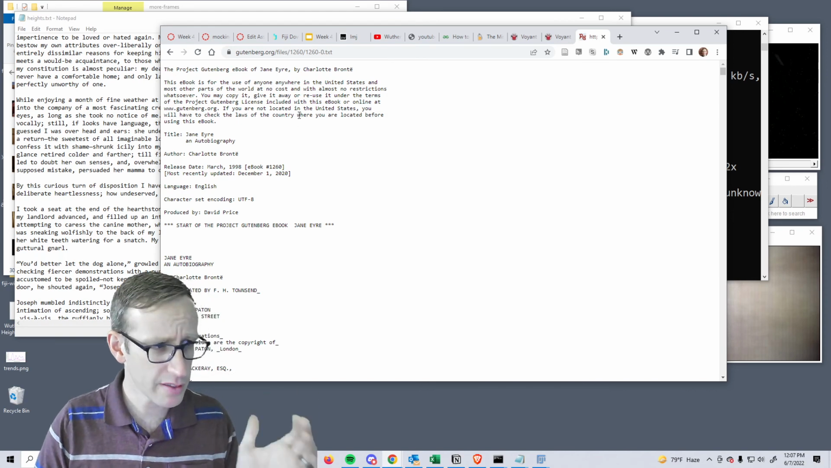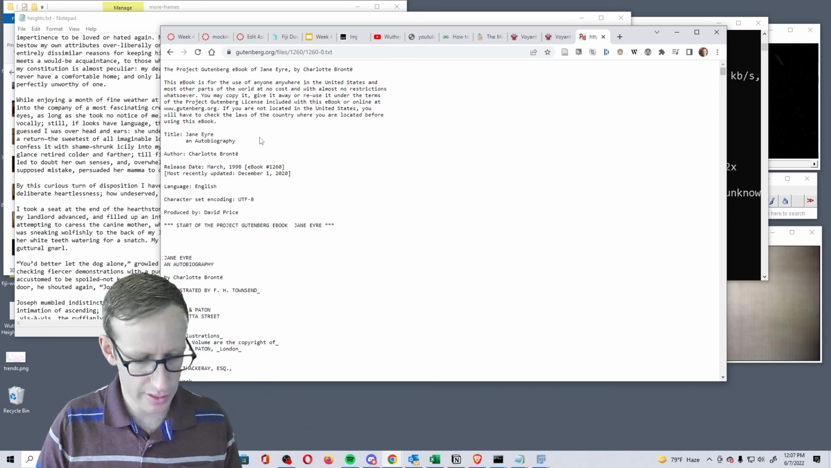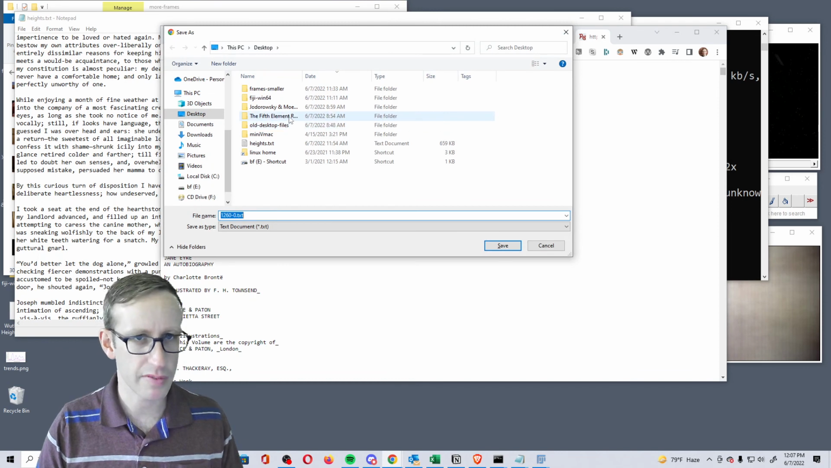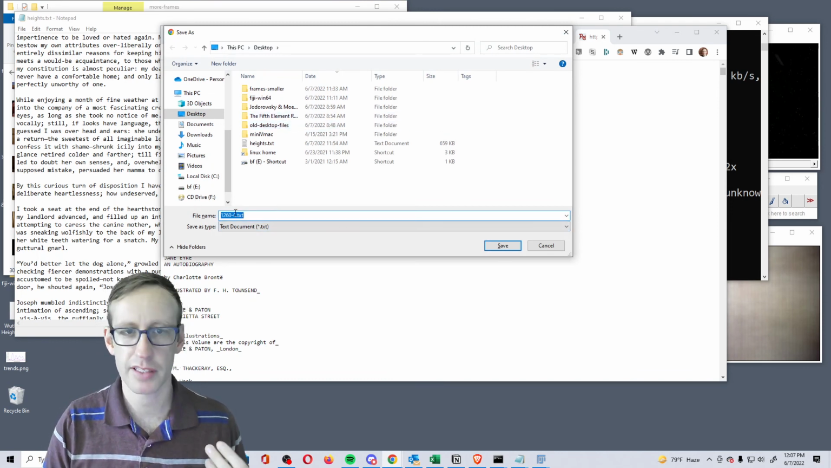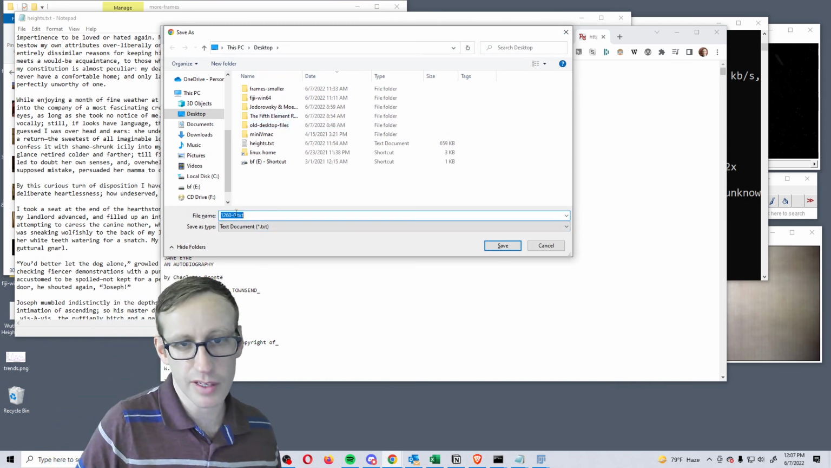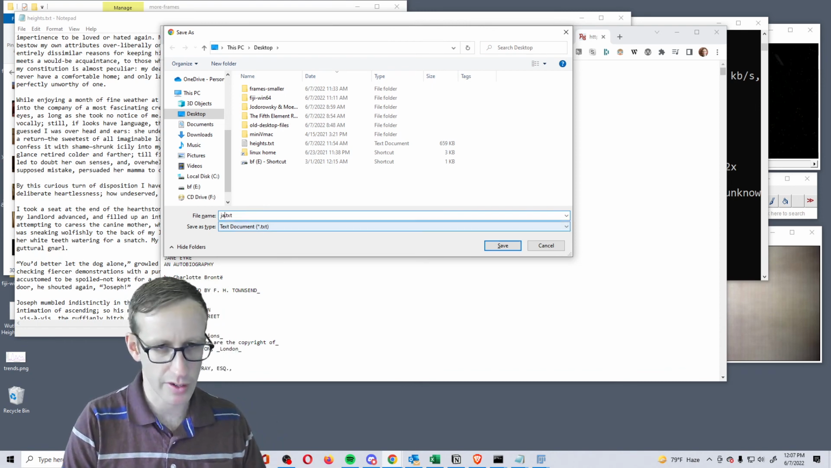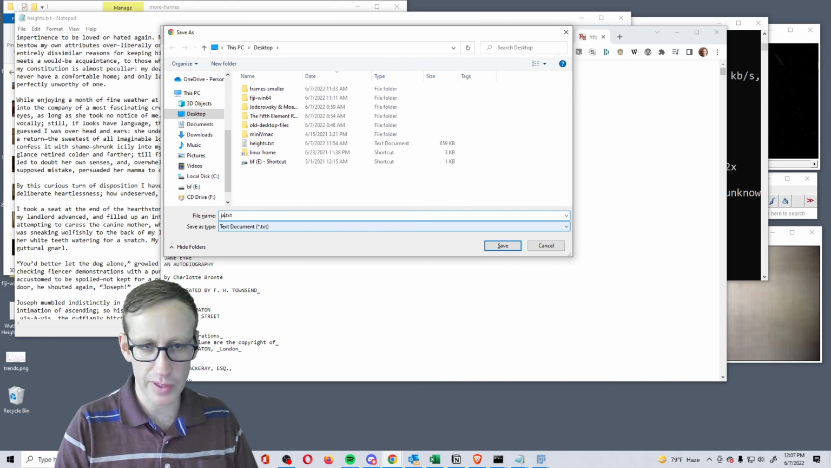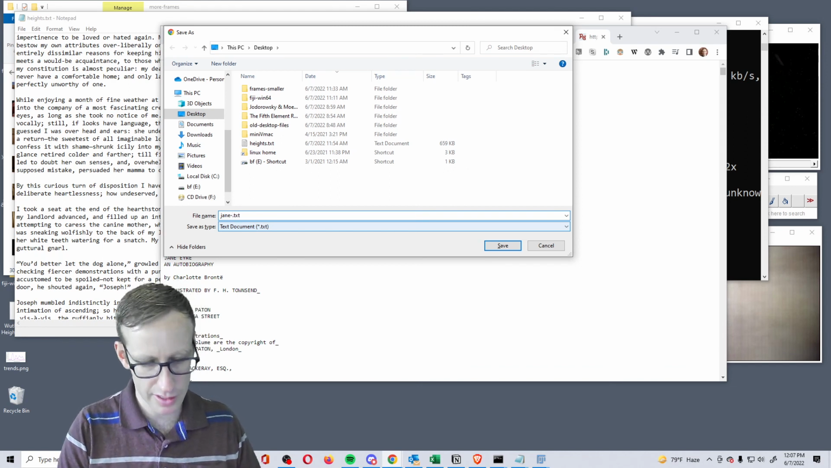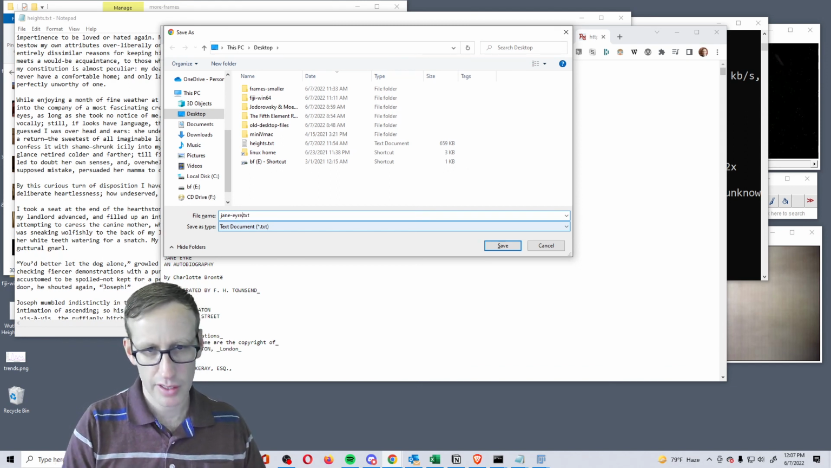So I need to save this file. I can right-click, Save As, or I can just do Control-S to save this file now to my computer. I'll put this on my desktop, but notice that it's a number, so it's 1260-0, but I don't want to have to remember that, so I'm going to rename it as I download it. So it's janeeyre.txt,